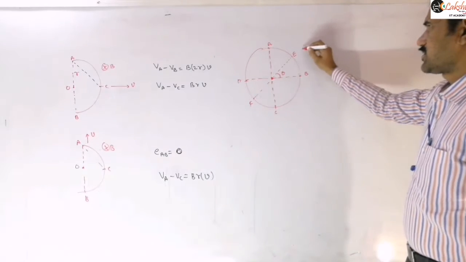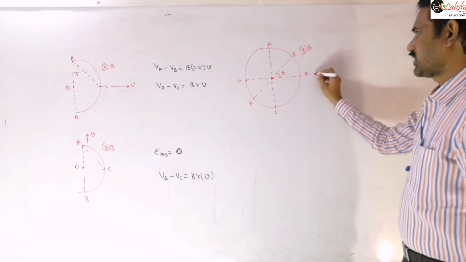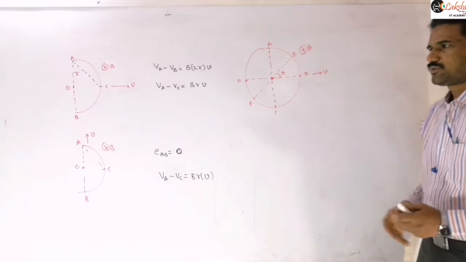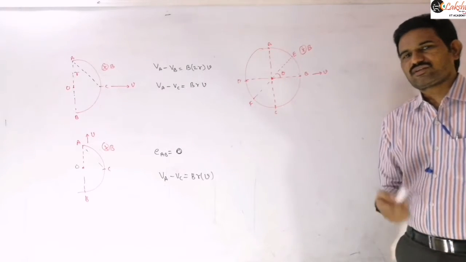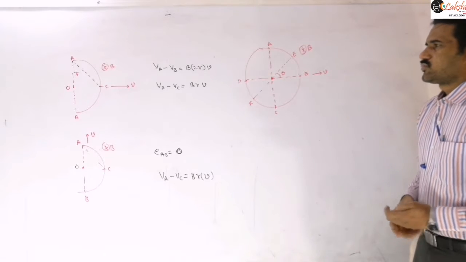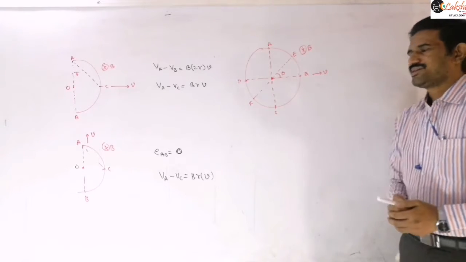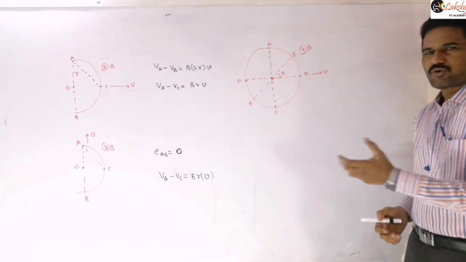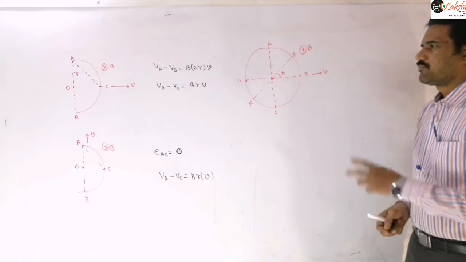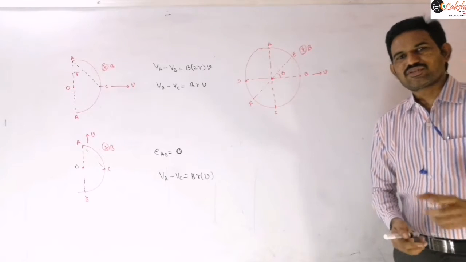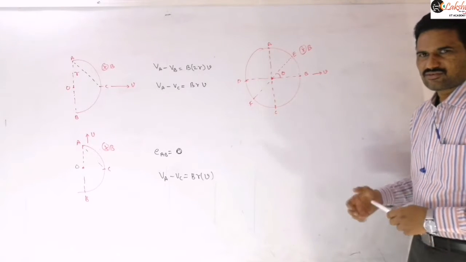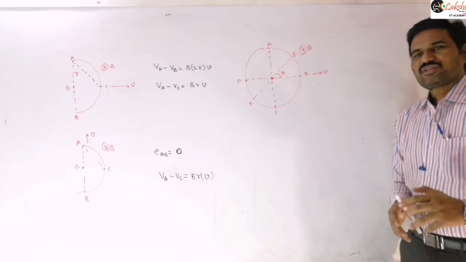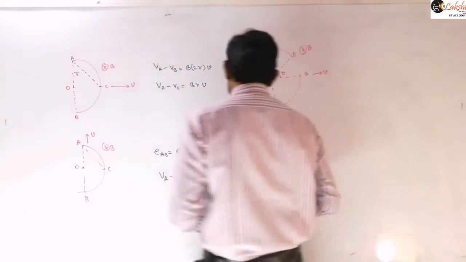Now let us consider that the magnetic field is there into the plane, a uniform magnetic field, and it is moving along this direction with the velocity v. So now let us see how to find the induced EMF in this case. In case of induced EMF, they may ask between points A and B, A and C, like different points. For example, if I ask the induced EMF between A and C, can you say what it is? The induced EMF between A and C will be 0.